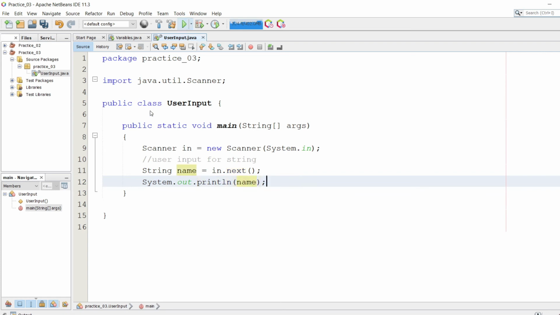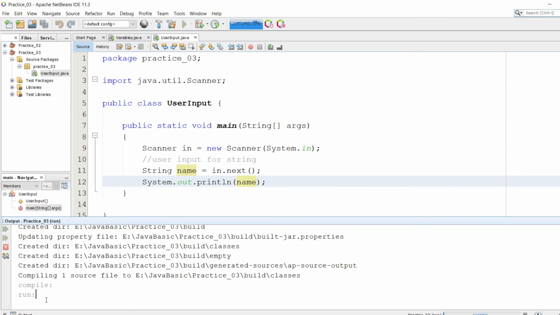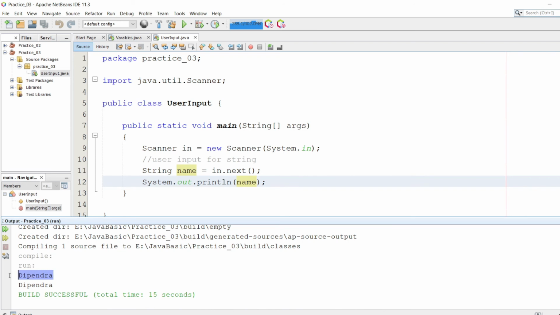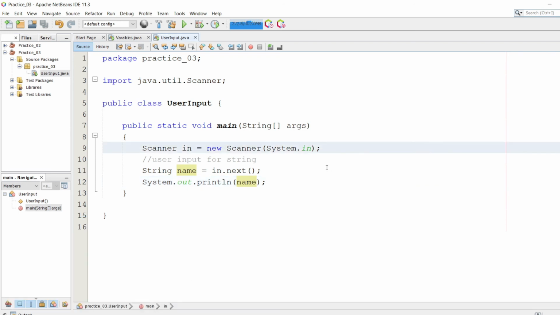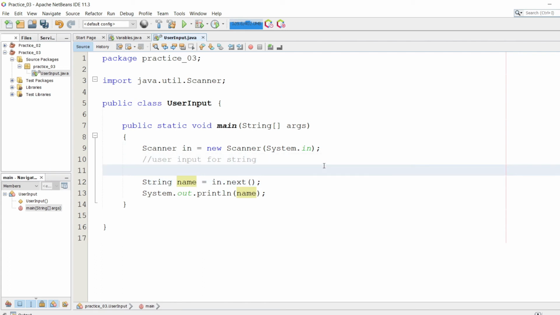If you run this program, you can see that here we can type a name and it's giving me the name. So in order to make this program clearer, let's add some messages. Enter your name.